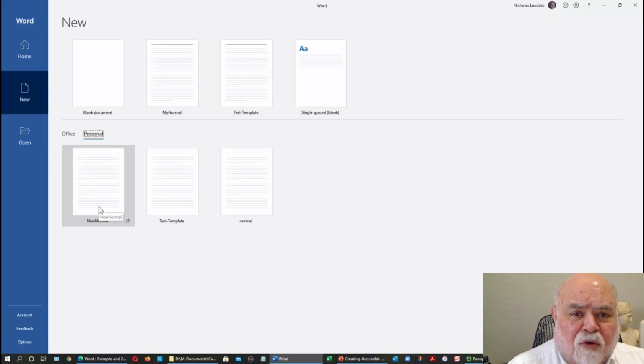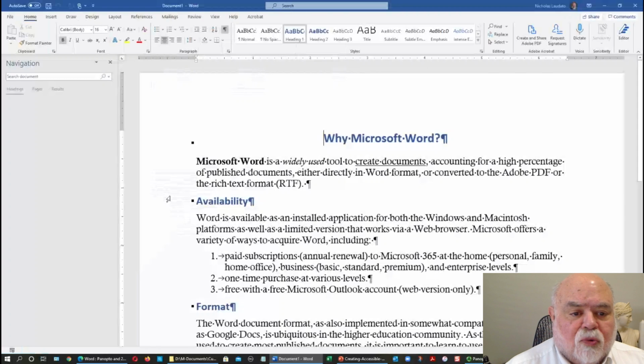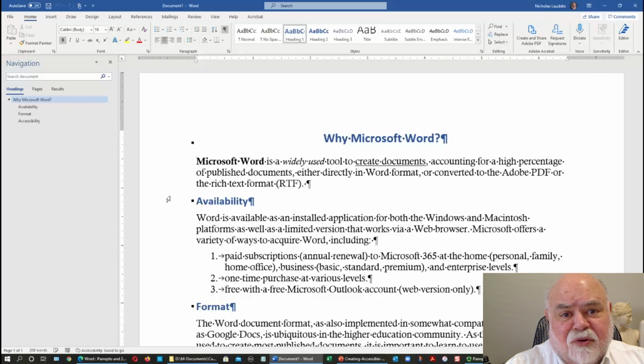Now, if you recall from the last session, we did create a document and then save the whole document as a template. We call it a test template. So I'm going to invoke that here. This is part of our personal store. Now, this is not the normal way you use templates. You actually can have pre-filled out boilerplate documents as part of your templates, but it's not standard. I mean, if I want to basically inherit these styles that I built in the last episode, the special formatting